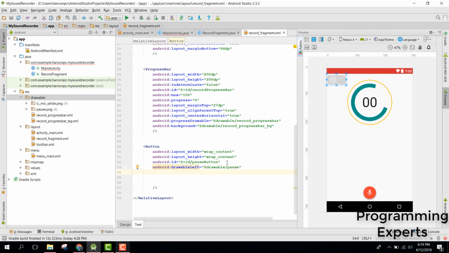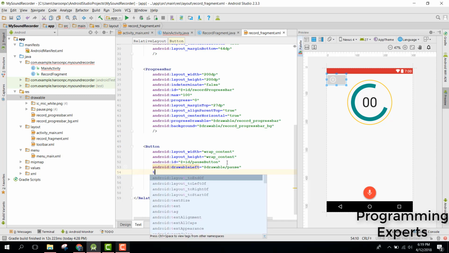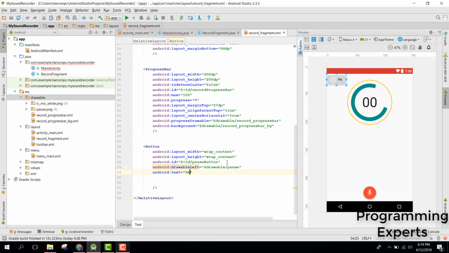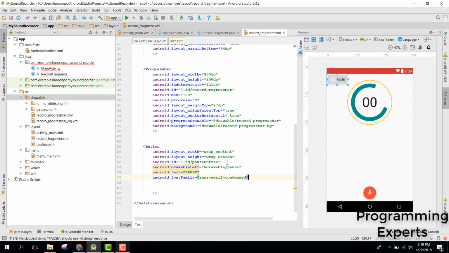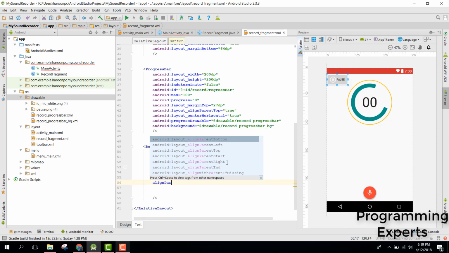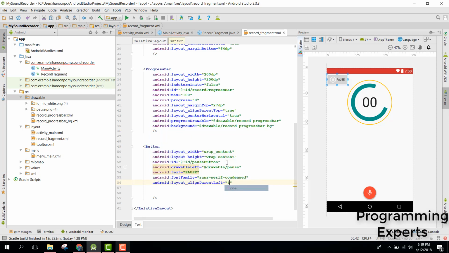Okay, and then we need the text and write pause, font family sans serif condensed, and align parent left true,